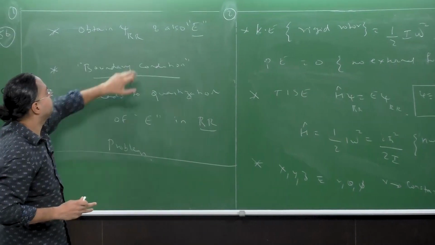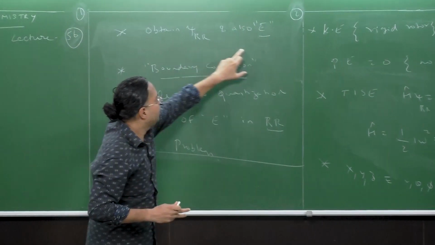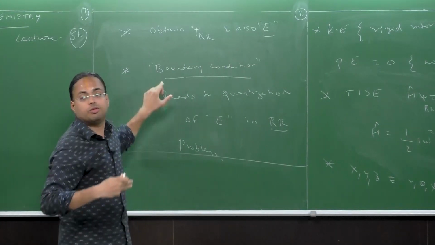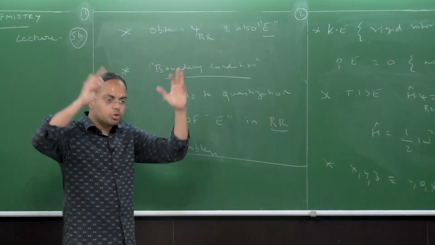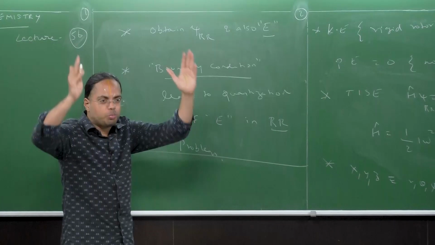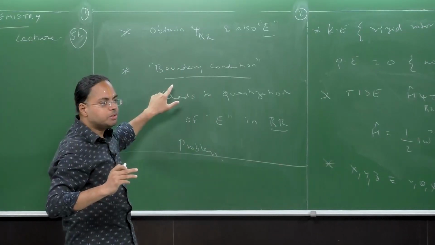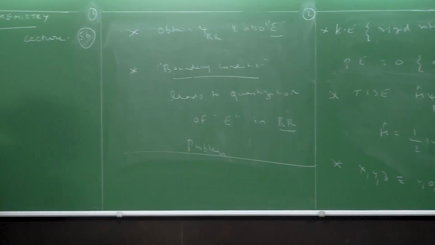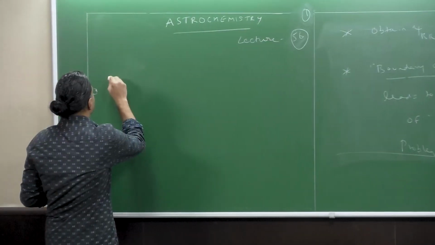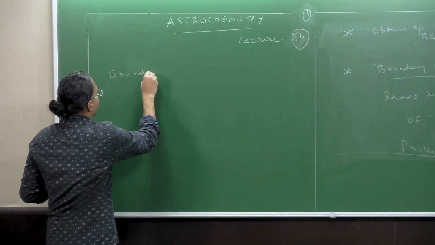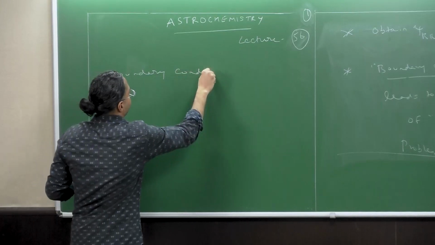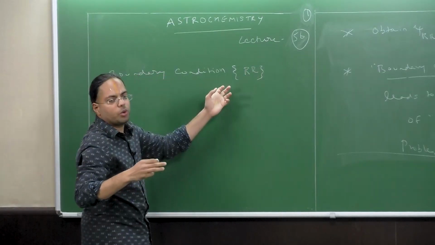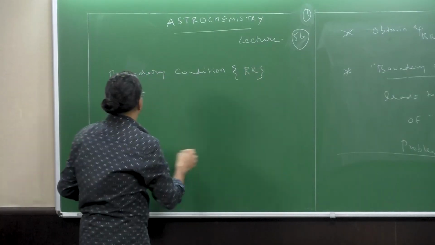Now, the energies were obtained using what is called the boundary condition. And I had given you the analogy of the boundary condition in the case of the electron whose motion was restricted between any two potential barriers. So the boundary condition for this problem is as follows. Now, that's what we'll be beginning this lecture with. So the boundary condition for the rigid rotor problem, if we're going to model the rotation of diatomic molecules, is that